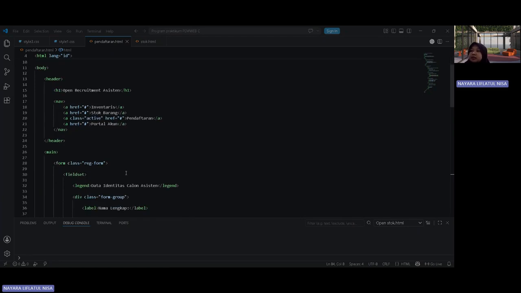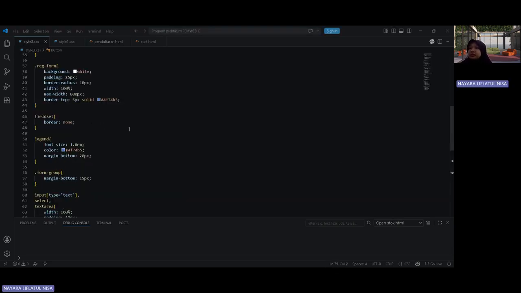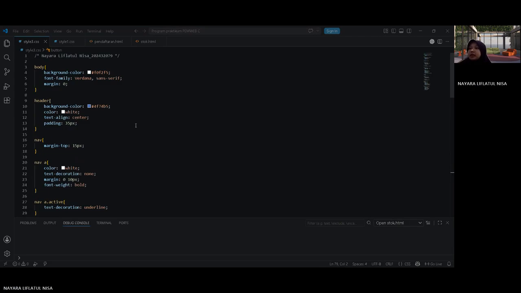After that, I improve the text area section. In this text area is used for user to write the revision and mission. Next is style tree. I complete several missing CSS section for the registration page. The section styles the header by adding a blue background color, white text color, center alignment, and padding.